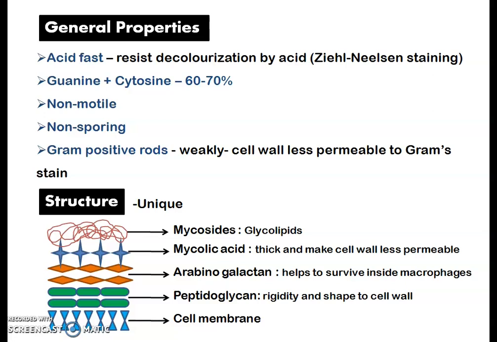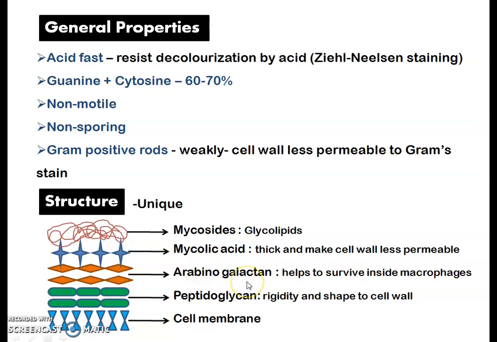From below to up, there is the cell membrane, which has a bilipid layer structure, and just outside the cell membrane they have a peptidoglycan layer which, as you all know, gives rigidity and shape to the cell wall. Above the peptidoglycan they have a peculiar feature,